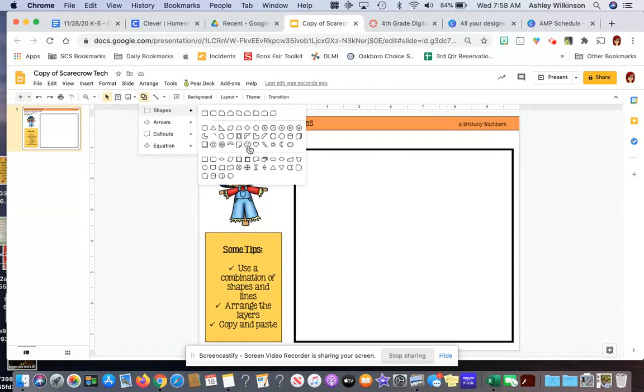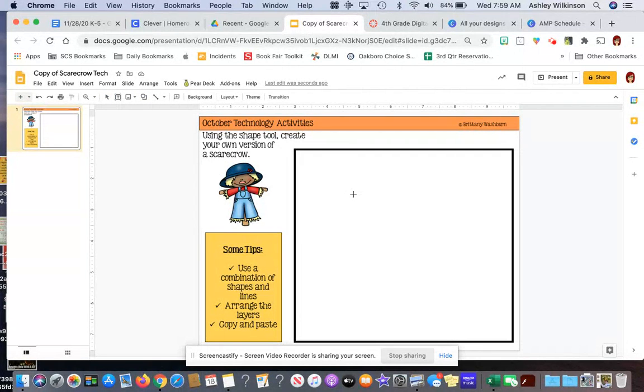Maybe I want to make the face of my scarecrow look like a smiley face. Or maybe I want to get really creative and make it look like a heart. I think today I'm going to choose this shape right here. So when I click on it, it gives me that X. If I touch the screen, it's going to put that shape on there. But that's not big enough for my scarecrow's face. So I'm going to grab these little boxes and stretch them out so that it changes the size of my